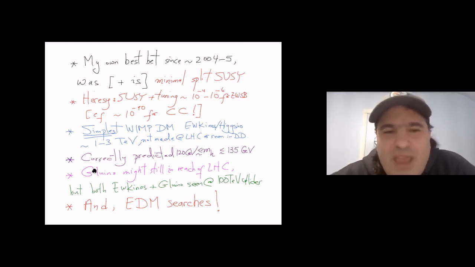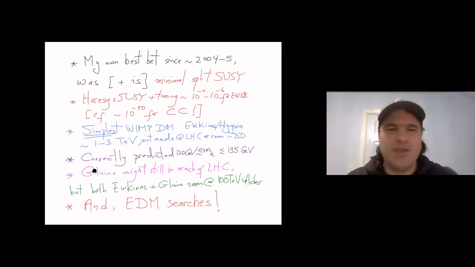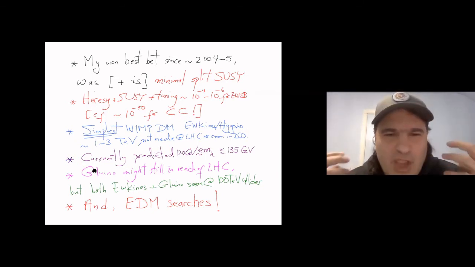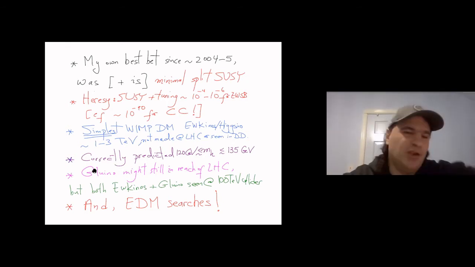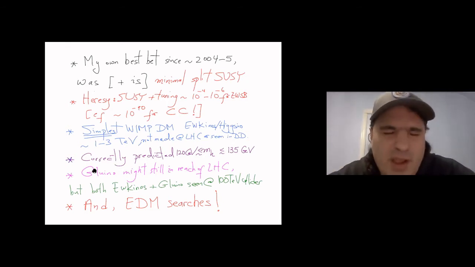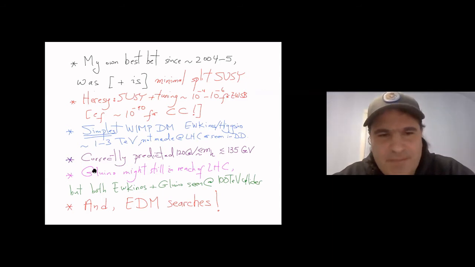So while the motivations had to do with tolerating tuning and maybe connected with the existence of a landscape of vacua and all this other stuff, it was a very concrete model where the scalars of supersymmetry were just 100 to 1,000 times heavier than the fermions, for good top-down reasons about how easy it is to break supersymmetry in that particular way. The motivation for having any particles at the TeV scale came from the simplest picture of WIMP